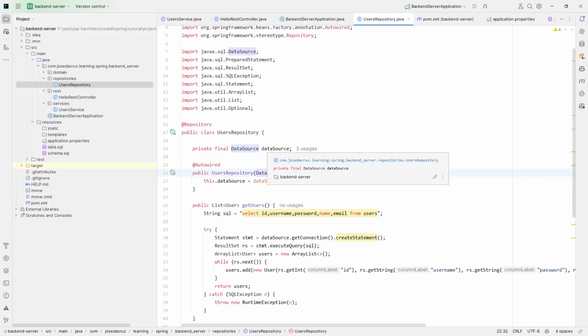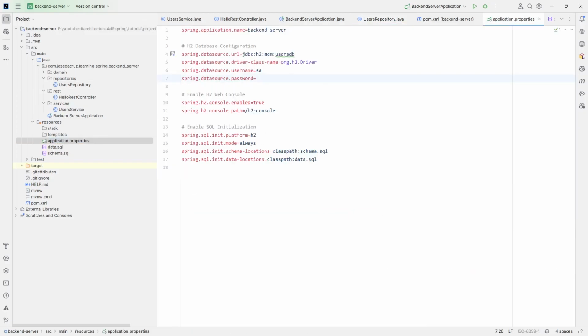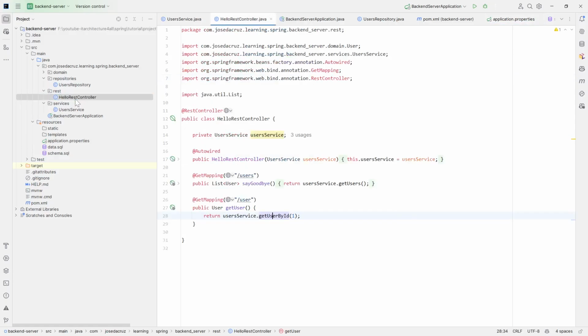So we already have a service calling a repository, which by the way gets information from a data source, and in our case our data source is the H2. So now we have the REST, it's a web application, and we have a REST controller. I removed the hello from here, so now we have the get user and users, and okay, let's change this. If I remove that, I should call these users. That makes more sense. It was our first REST controller, now it's called user REST controller, and again it needs